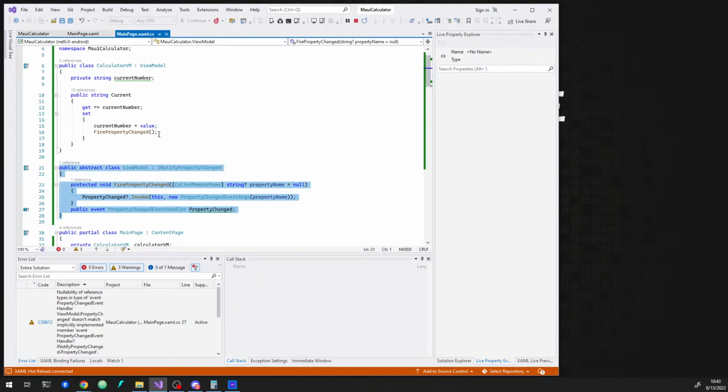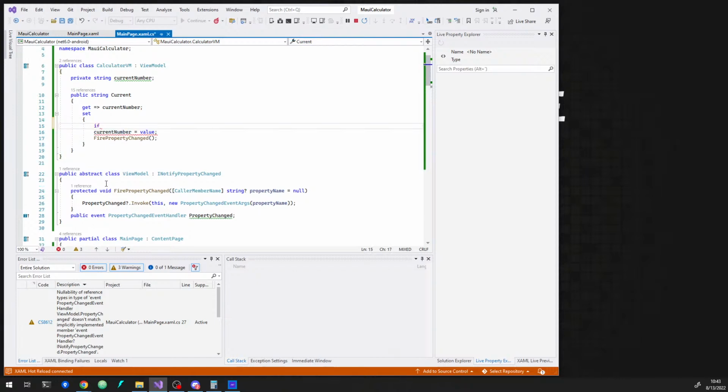Anyway, so now I can just say fire property changed, and it will do that. And by the way, I could also do something like if